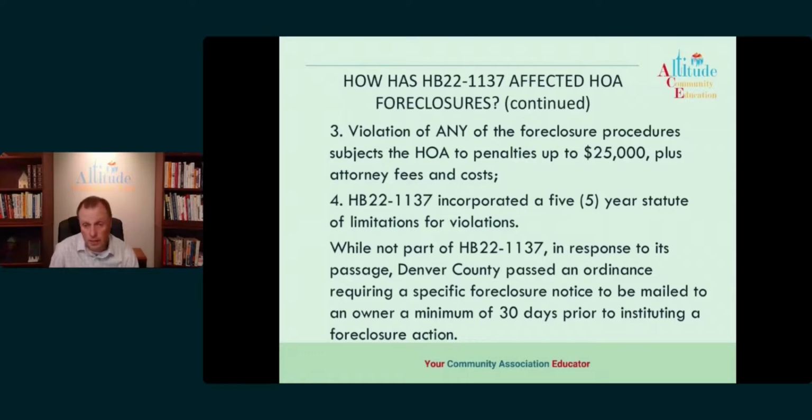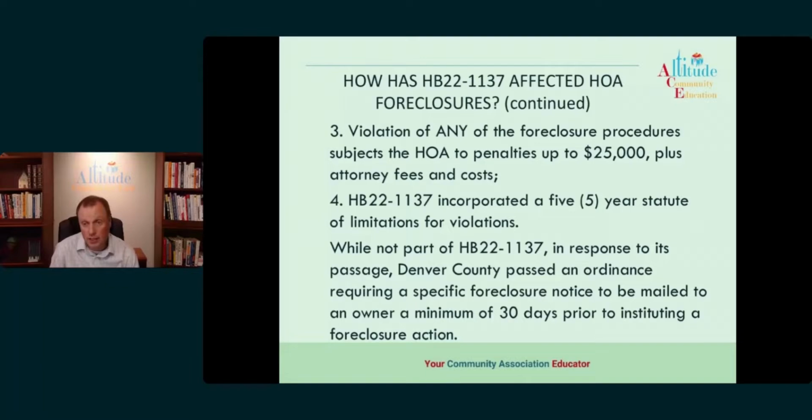So that's why I know it's a little bit frustrating for your boards and for you as managers, but when we get the file to our office, we want to make sure that all the I's have been dotted and all the T's have been crossed. And so oftentimes that means we have to send it back to you to go back to the board and say, look, this wasn't done properly. We've got to restart the process from this point, or we've got to restart it all the way from the beginning. But ultimately, we are trying to catch that on the front end to limit the liability to the association.